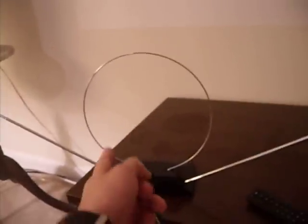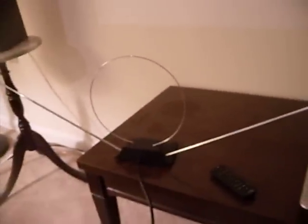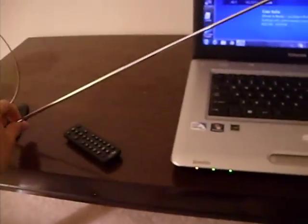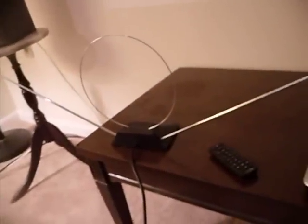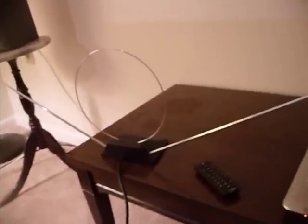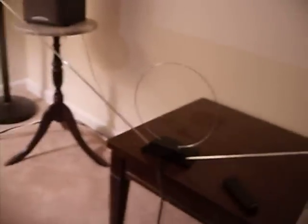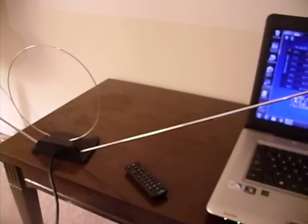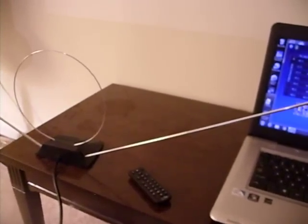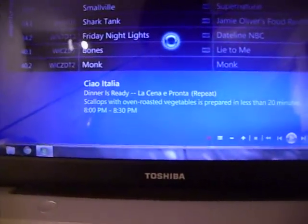Down there. The loop antenna part I found really does help. I'm actually quite surprised because I could remove the loop and the signal almost completely goes away. But if I take the rabbit ears off, I can unscrew them and take them off, the station comes in almost just as fine. The loop seems to really be the one that does the trick, so I wouldn't really suggest buying rabbit ears. I'd buy the loop and the rabbit ear combination. But I will go ahead and click on 46.3, the exact station I was just watching, with this antenna,